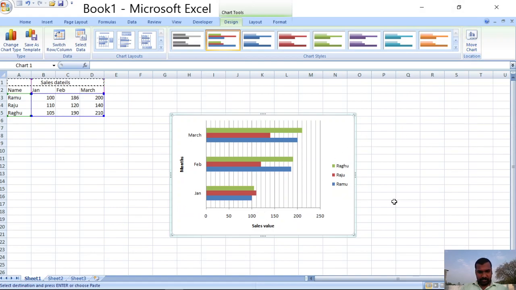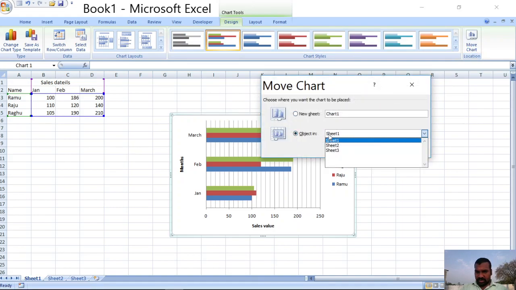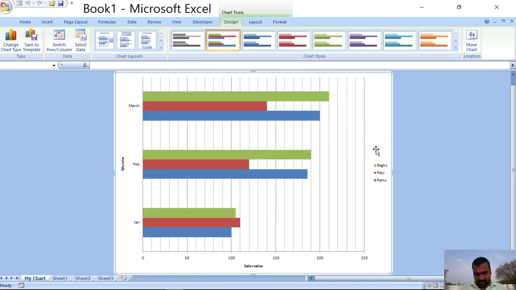Now the Move Chart command. For example, I am choosing this chart and clicking on Move Chart, which is available under the Design tab only. Move to where: whether you want to move this chart onto Sheet 1, Sheet 2, Sheet 3, or you go with a new sheet. For the new sheet I am giving the name My Chart. Click on OK.